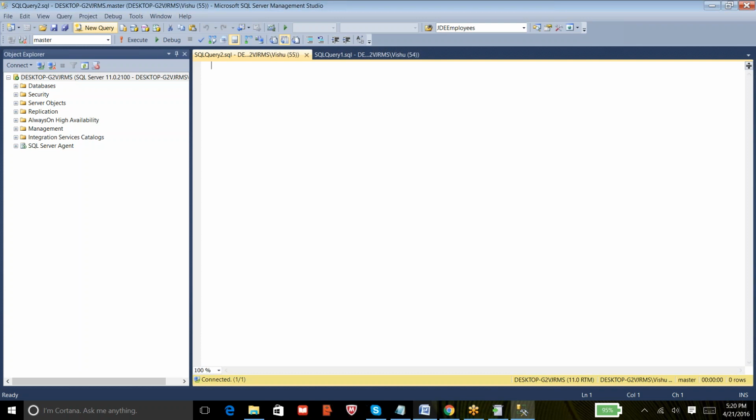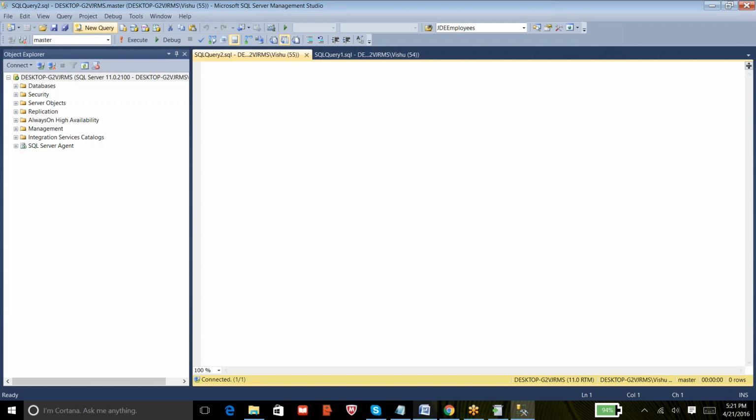Assume the user query has inserted around 10,000 rows, and then, due to some issue, the transaction fails. As SQL Server follows ACID properties, when a transaction fails, the rows inserted so far will be rolled back.